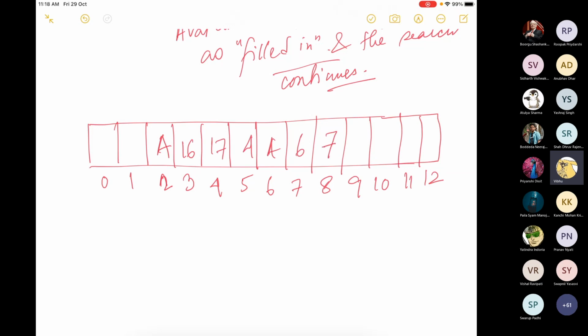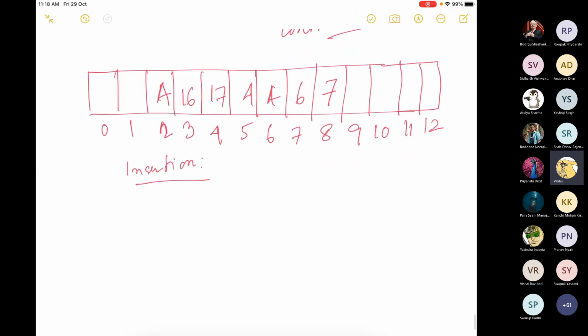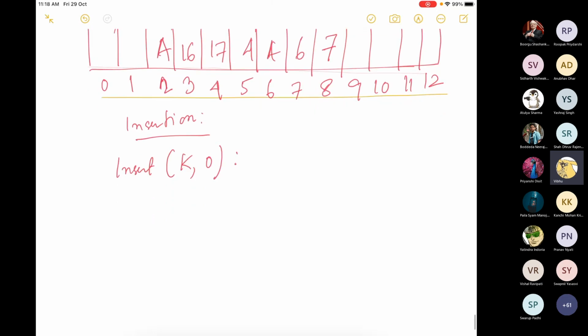And now you have to do some insertion. So we have already looked into the deletion. We have to do an insertion. Say insert the key and the object. Okay. So you start at